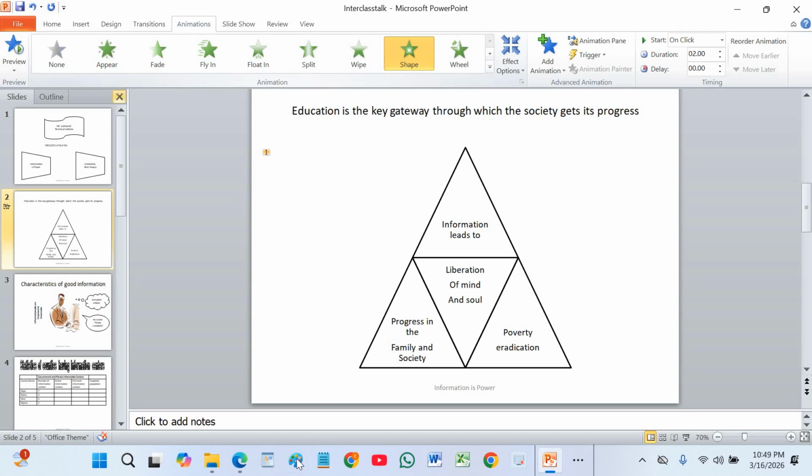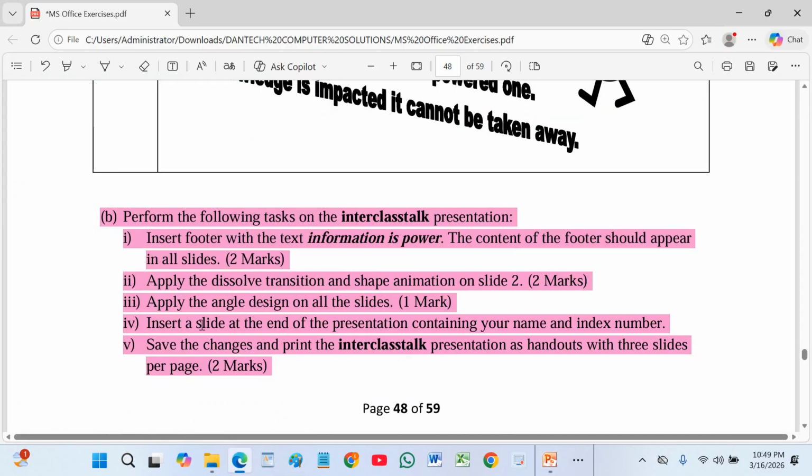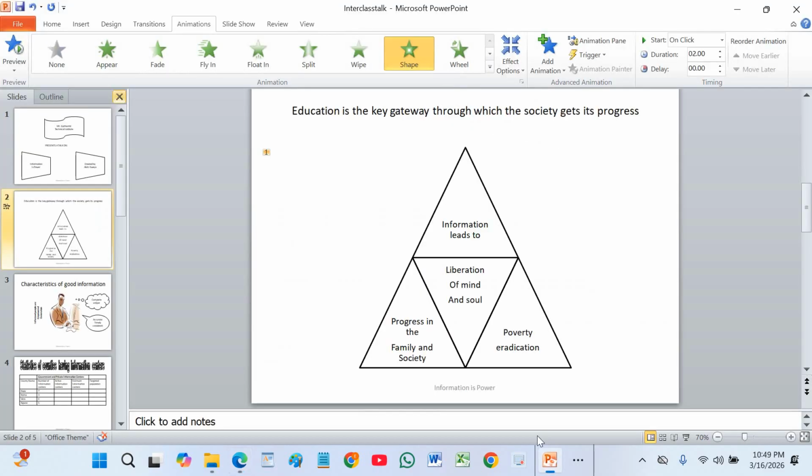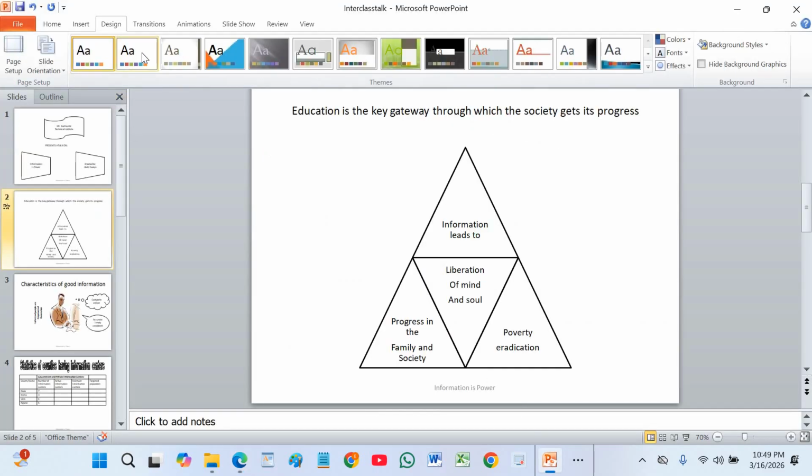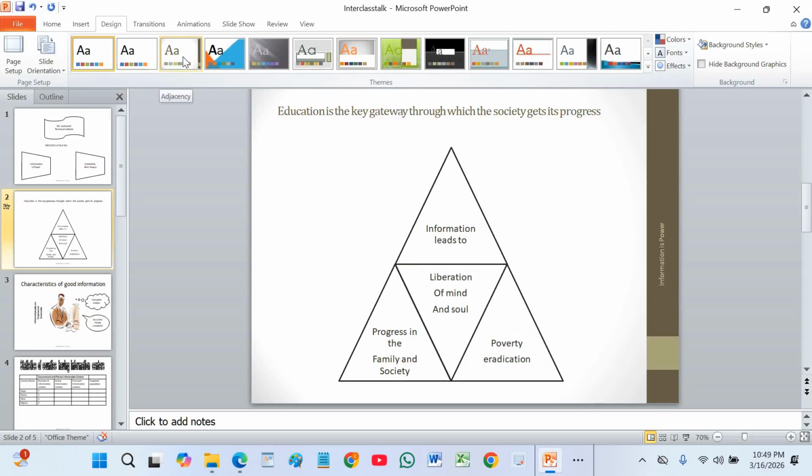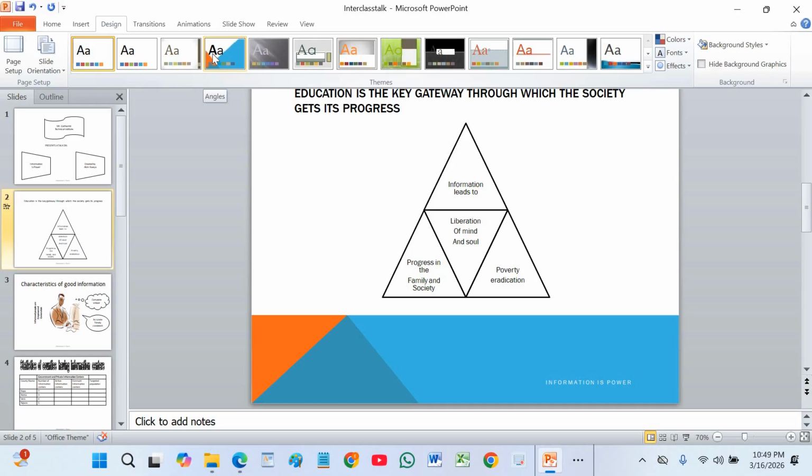After that question, we now are requested to apply the angle design on all the slides. We apply the angle design on all the slides. Therefore, we proceed to the design. We have different designs. For example, this one is named adjacency. We have the second one here, which is named angles. So each